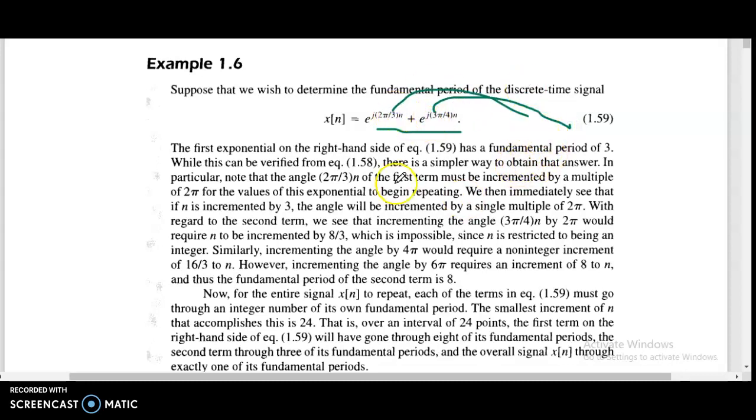While this can be verified from equation 1.58, there is a simpler way to obtain that answer. In particular, note that the angle 2 pi divided by 3 times n of the first term must be incremented by a multiple of 2 pi for the values of